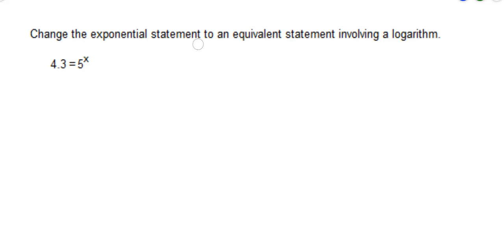Change the exponential statement to the equivalent statement involving a logarithm. Our exponential statement is 4.3 equals 5 to the x. So in order to change this to a log expression or a log equation, we need to know the relationship